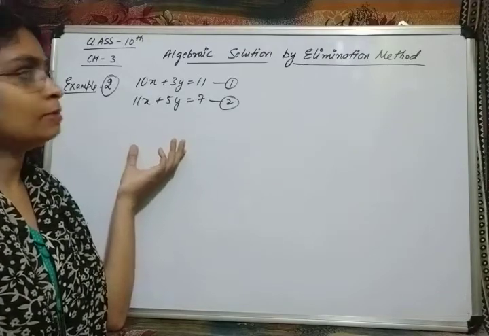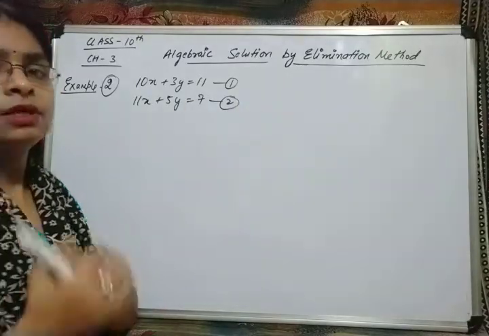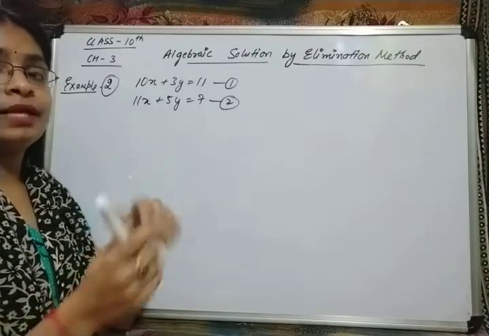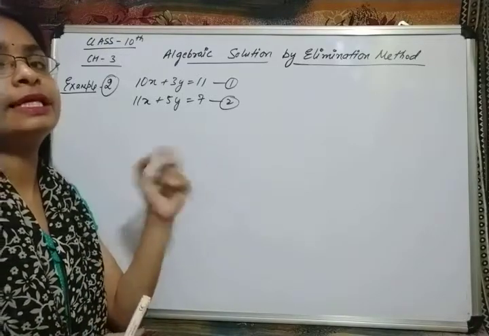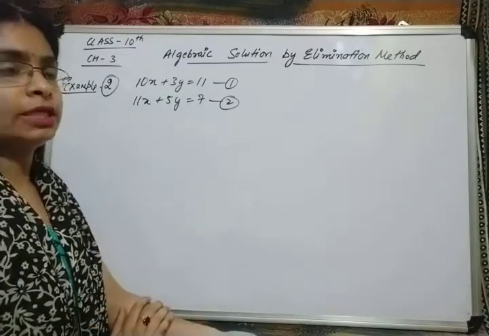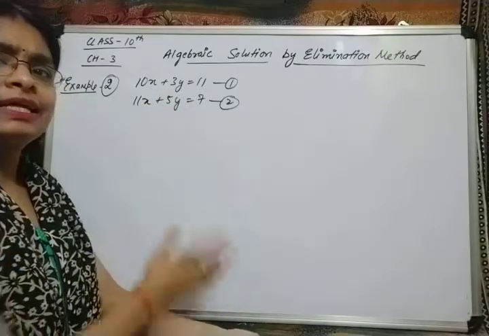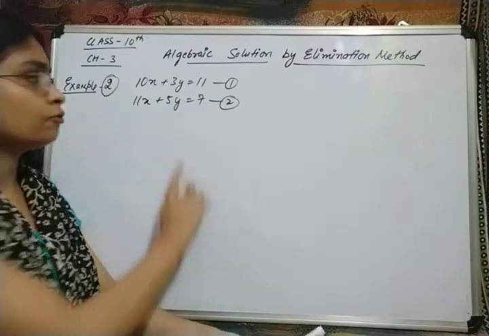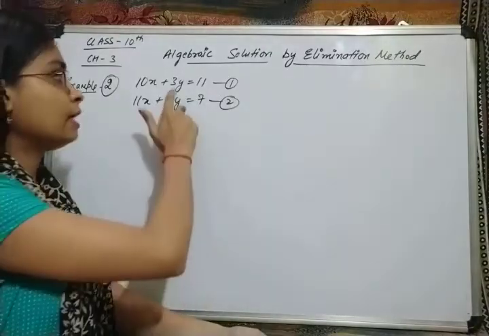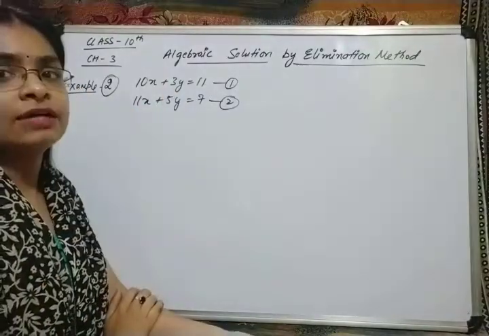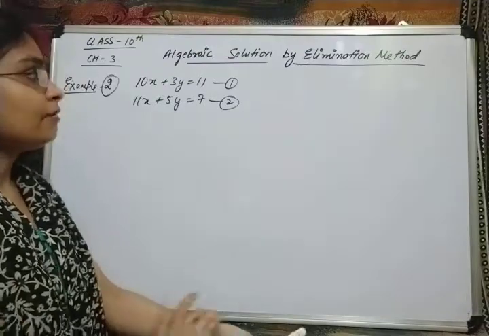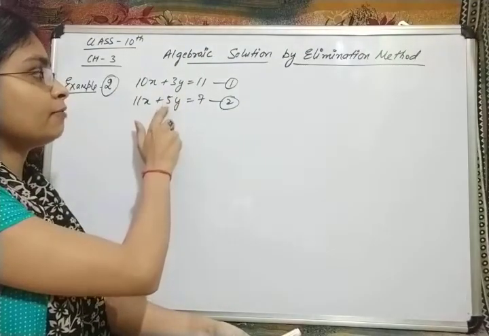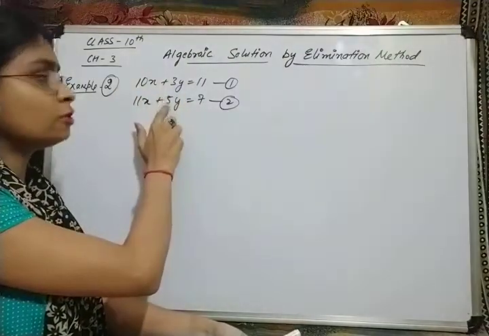Now we'll solve by the method of elimination. So in elimination, what we do first, we'll make the coefficient of any one variable equal. So which variable you want to take? Suppose I am taking the variable y. You can take either variable, either x or y. I am taking here y. We have to make the coefficient of y same. Now here it is 3 and here it is 5. How we are going to do that? If I multiply this whole equation by 5, first equation by coefficient of this 5.